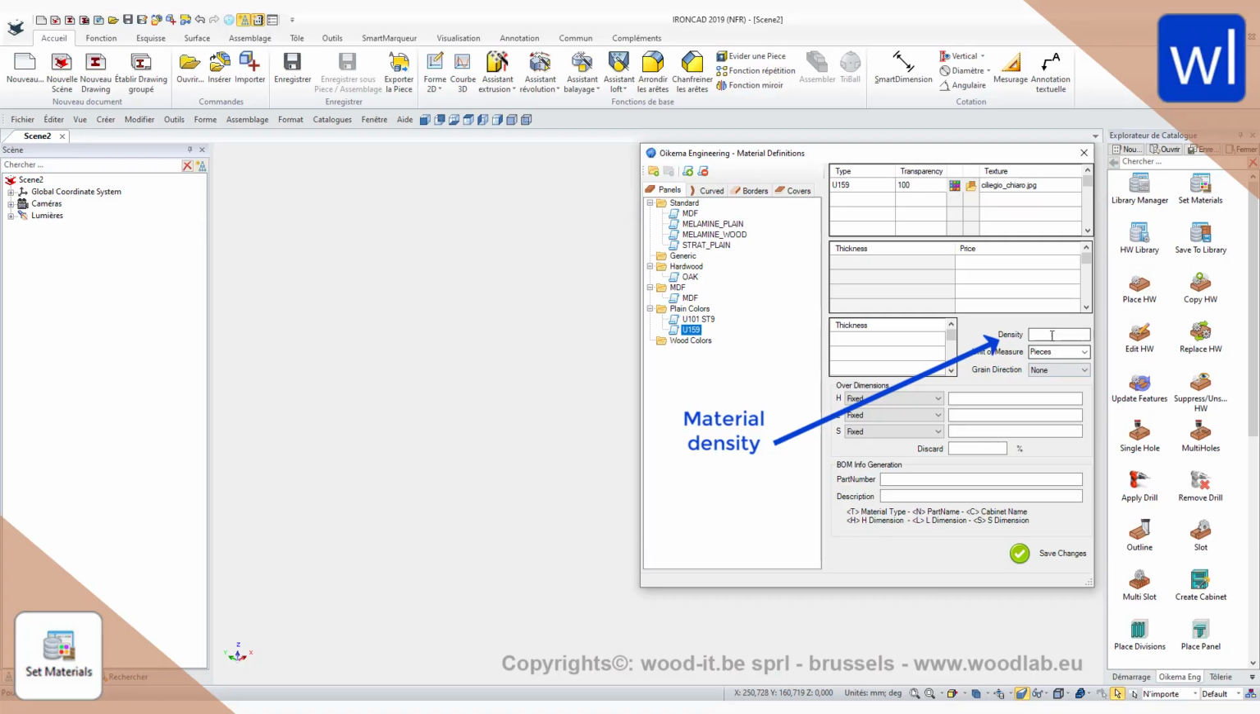Concerning the density of the board, the average is plus or minus 650, and you can of course enter the exact density value of each material if needed. Select the unit of measurement for the material. You can choose between piece, linear meter or square meter, and please note that this is important for the cost